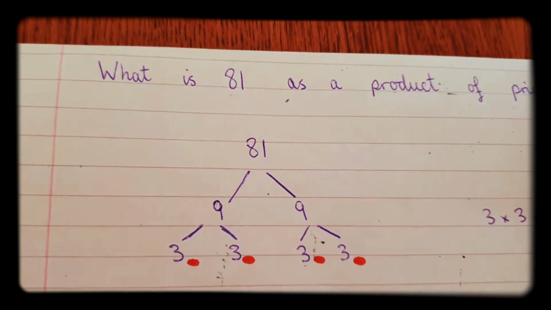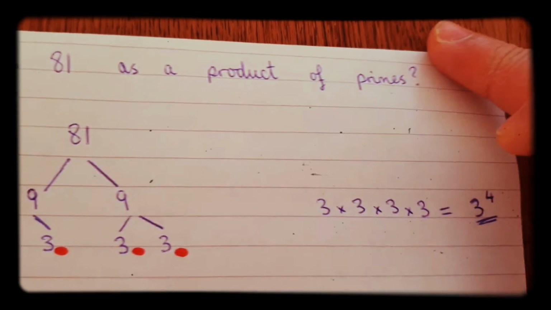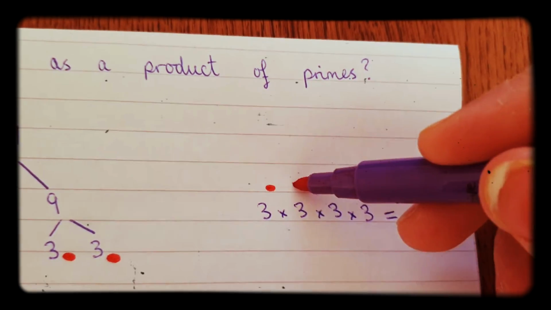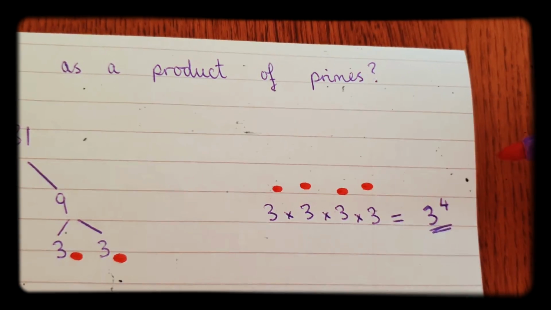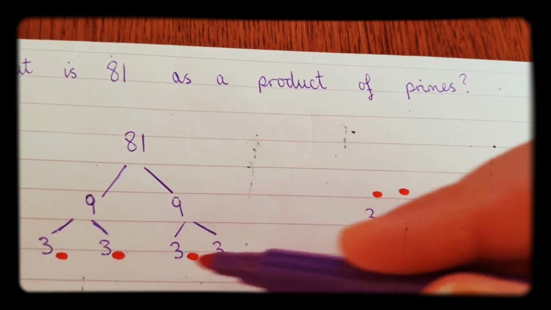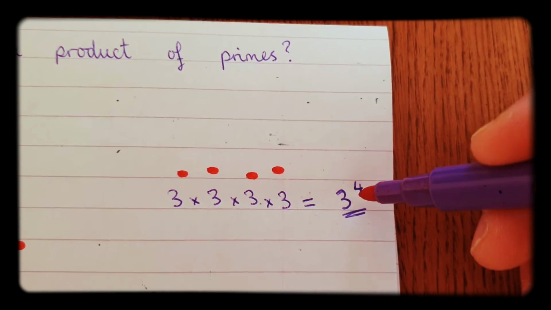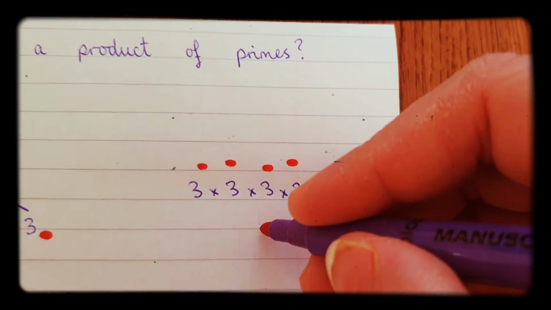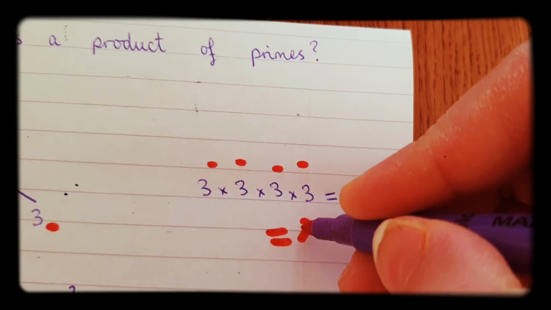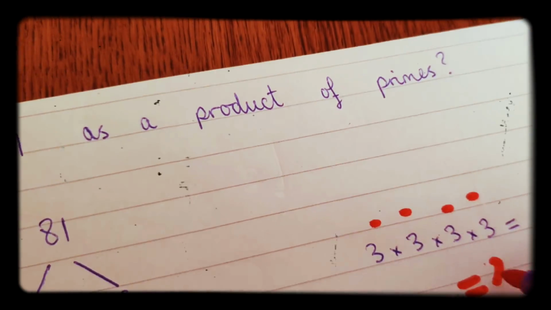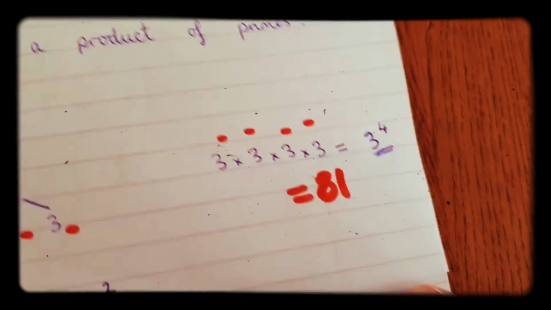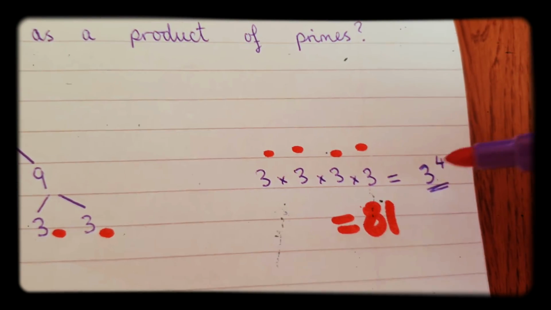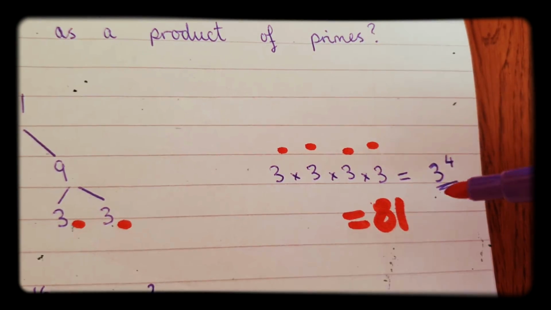Okay, so what we do is 3 times 3 times 3 times 3. Okay, all these 3's, also known as 3 to the power of 4, and that will equal 81. Okay, so that's how you solve this question. 3 to the power of 4